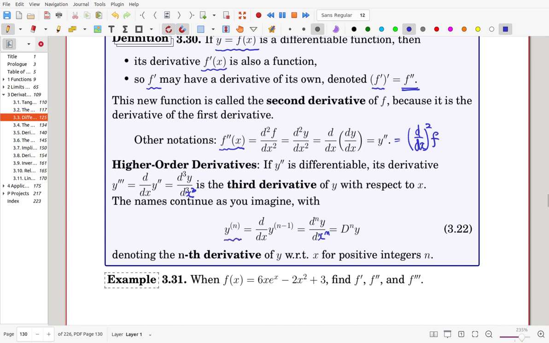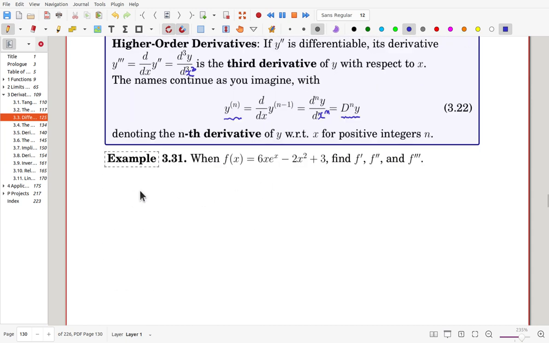So y to the n, the nth derivative, is the same as, from the n minus first derivative, we take one more derivative, and in notation that is d n over dx n of y, and along with the differentiation operator d, we can write d n of y. That is the nth derivative of y with respect to x. Okay, here